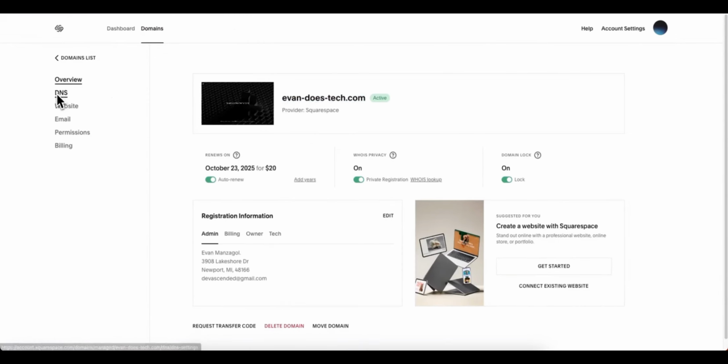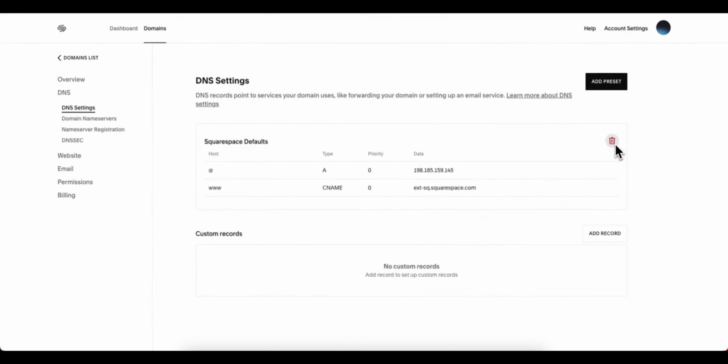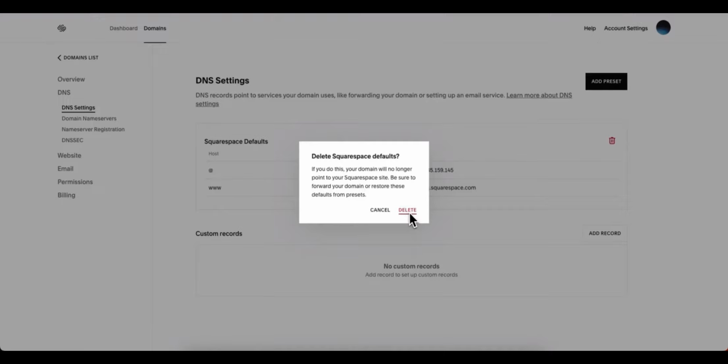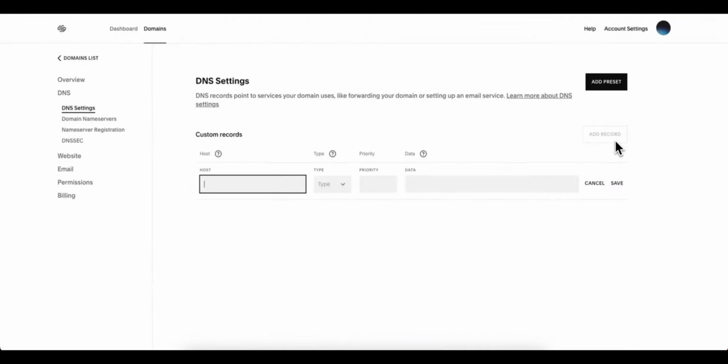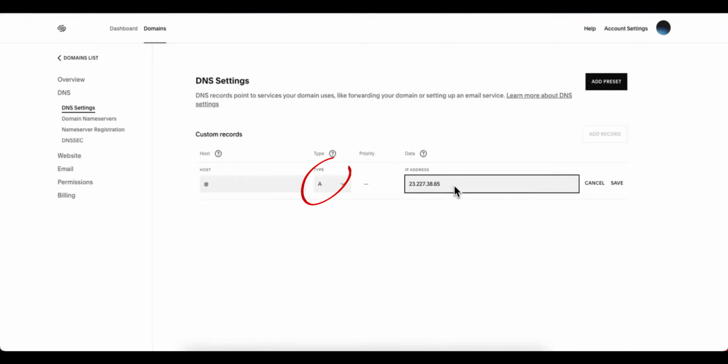Click on DNS. You'll see the default DNS records there. Delete the existing default DNS records by clicking the trash can icon and confirming the deletion. Once it shows that there are no custom records, click Add Record. Set the type to A record. Set the host to @. In the data field, enter Shopify's IP address